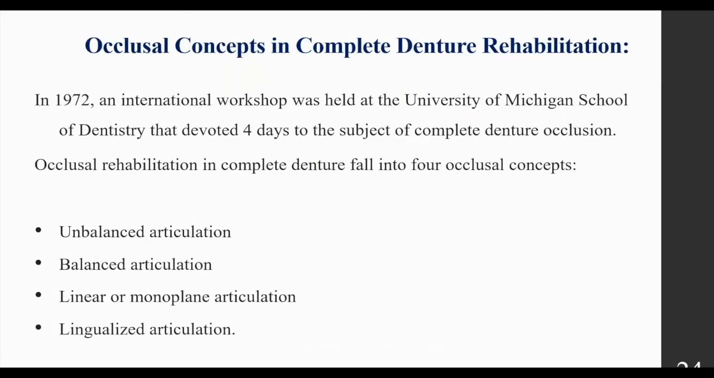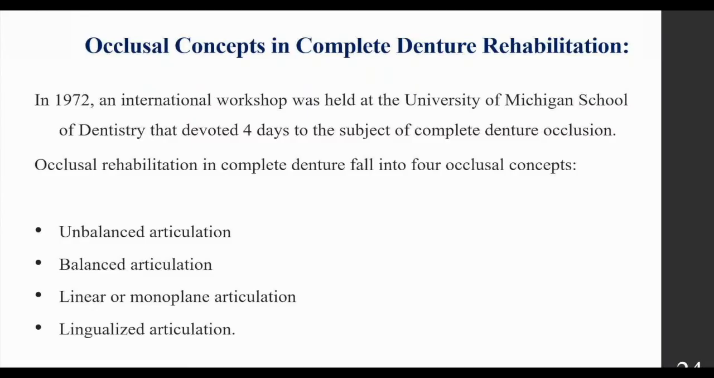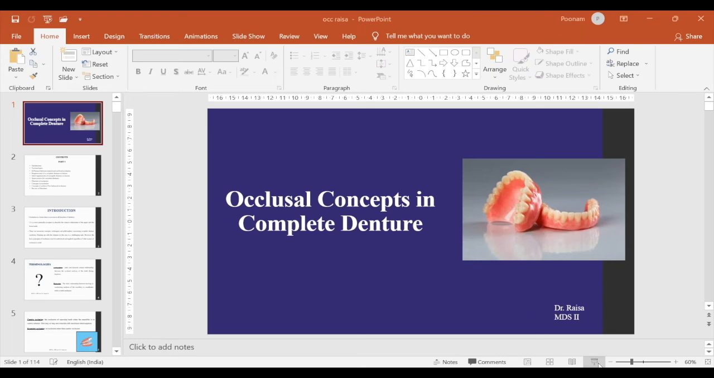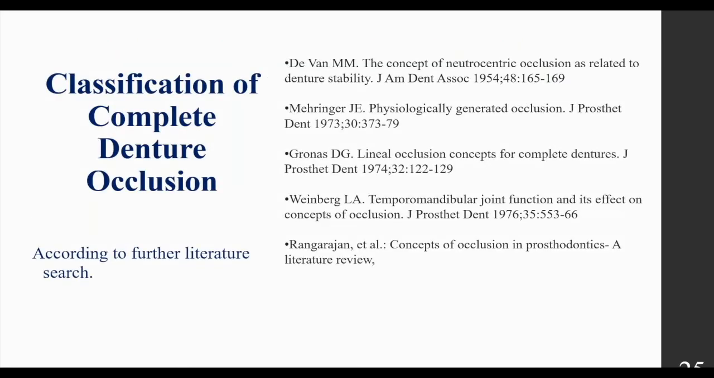So, the occlusal concepts in complete denture rehabilitation. In 1972, there was an international workshop held at the University of Michigan School of Dentistry that devoted 4 days to the subject of complete denture occlusion. And they said that occlusal rehabilitation in complete denture falls under unbalanced articulation, balanced articulation, linear or monoplane articulation, and lingualized articulation. Now, based on further literature,